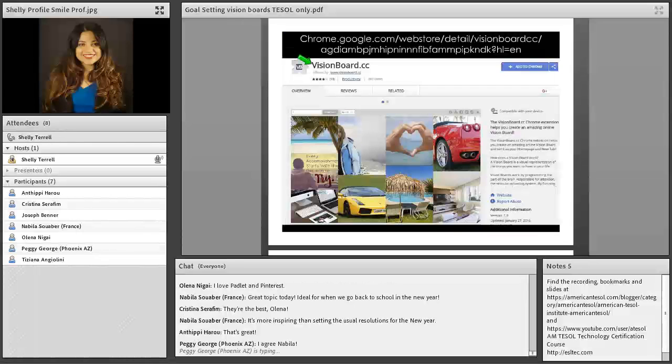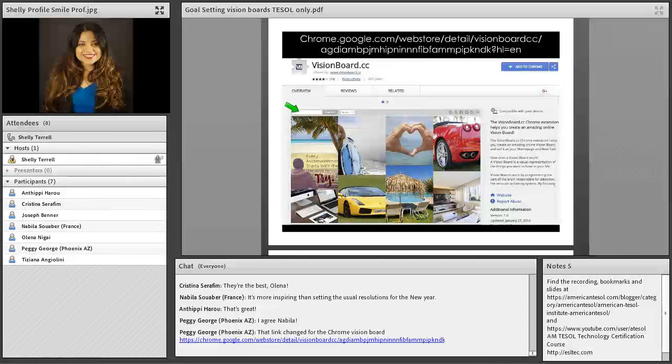So one of the things that I really liked was also, now on Chrome, they have this new tool that I learned about. I haven't tested it much, but you make a vision board by putting it on the web. And with this vision board, you're constantly adding to the vision board. So I really like that as a Chrome extension. It's free. But the other part of Vision Board CC, that's what it's called, visionboard.cc, is that with this particular Chrome extension,